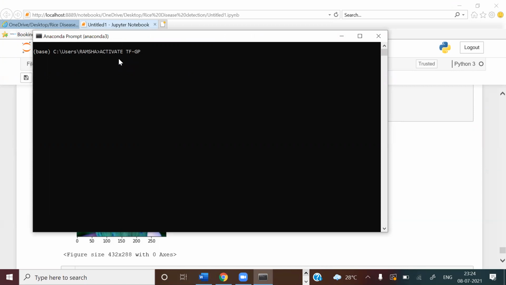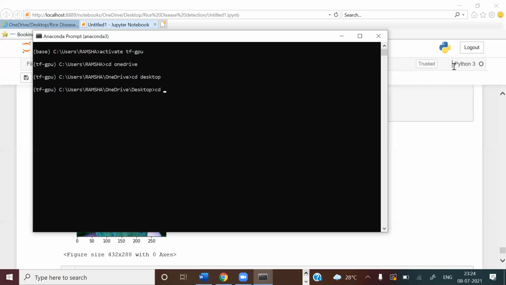Now we'll start writing the commands. Firstly, we type the command ts gpu to set the environment to run a program file. As the program is written in Python, it will adjust and set the environment accordingly. The next command is the cd command, also called change directory. It is a command line shell command used to change the current working directory in various operating systems. It can be used in shell scripts and batch files. We are currently in the master directory, that is Ramsha.